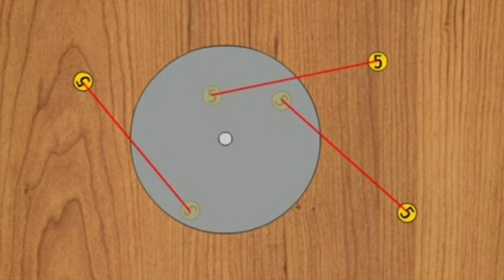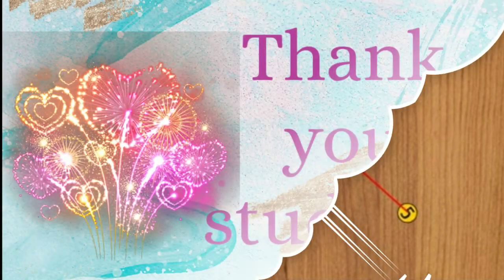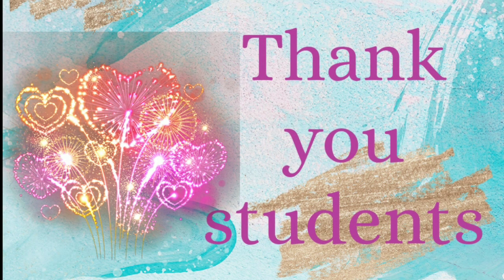With this, children, we have come to an end of today's lecture. So, what have we learned today? We have learned a set of 3 equations of motion given by Newton, and we have also learned uniform circular motion. I hope, children, everyone has understood today's topic.